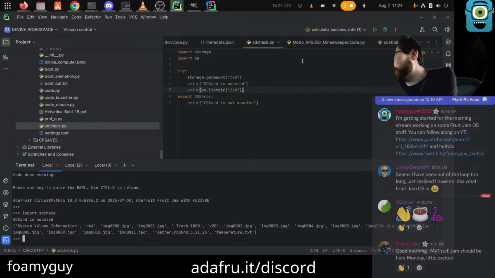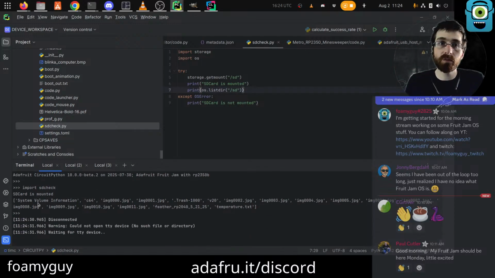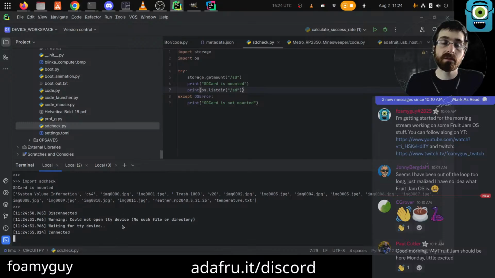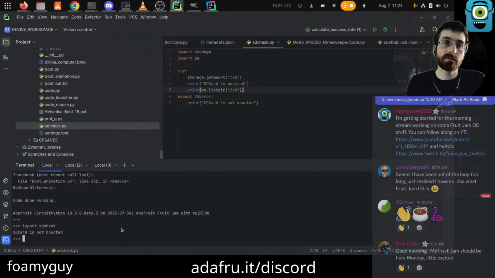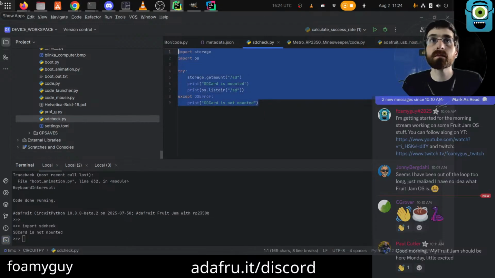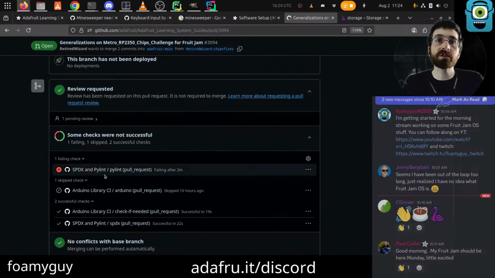Okay, and then just to make sure, I'm going to remove that micro SD card. Take that back out. I'm going to hit reset again, because again, I don't know if it's hot pluggable, unpluggable, really. Nice. Oh, that's not what I meant to do.